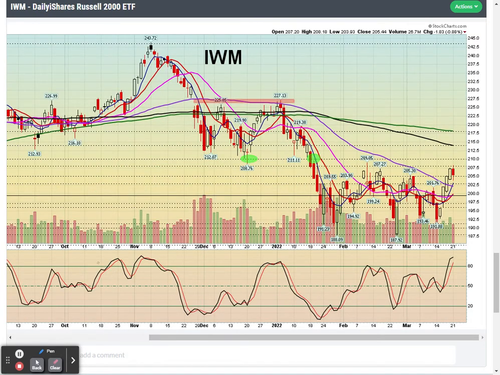Now for the Russell 2000, same as the other indices, this one decided to take a break today also. The path of least resistance for this one is north. It is now above all these moving averages. The 5-day moving average is way above the 50-day moving average, so expect lots of support around this area. Down here, it's got a lot of support. I think it's going to go higher.